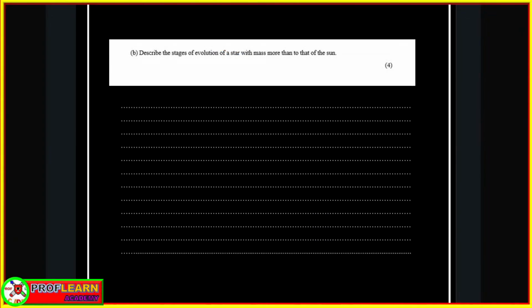Now, the next question here, describe stages of evolution of a star with mass. Oh, I want the question now to be more than mass, more than that of the sun. You need to take that into consideration. I think I need to make a change at that point. Yeah, mass more than that of the sun. Okay, so when that is happening,